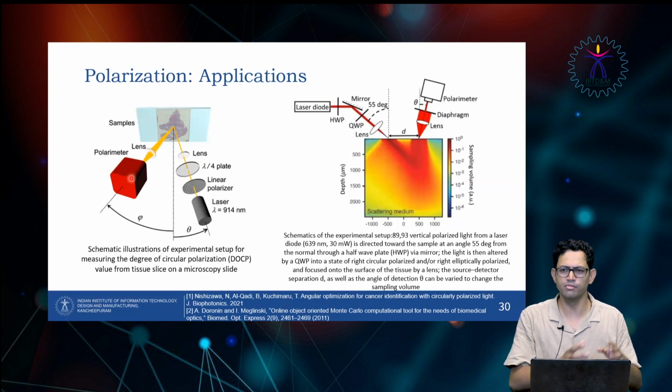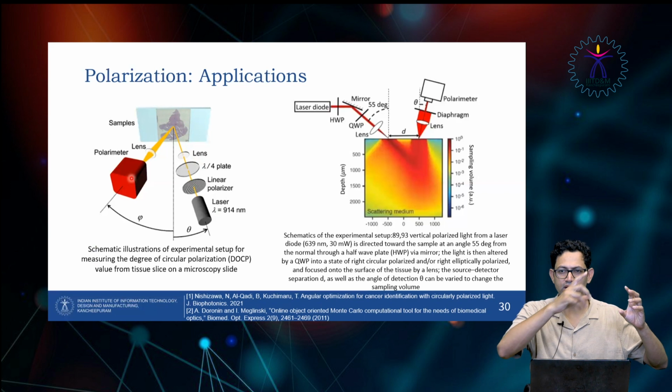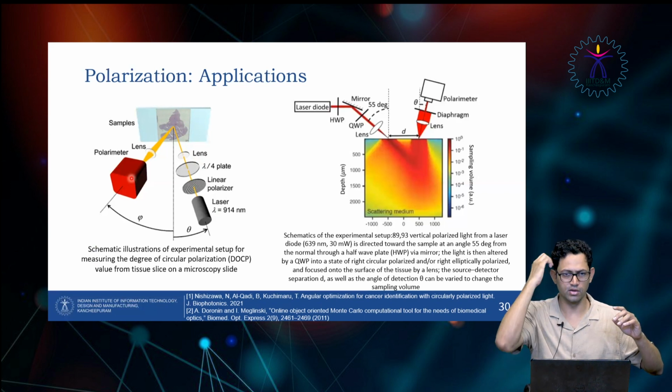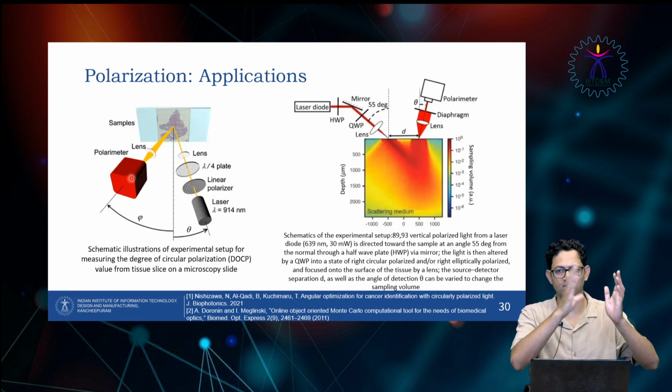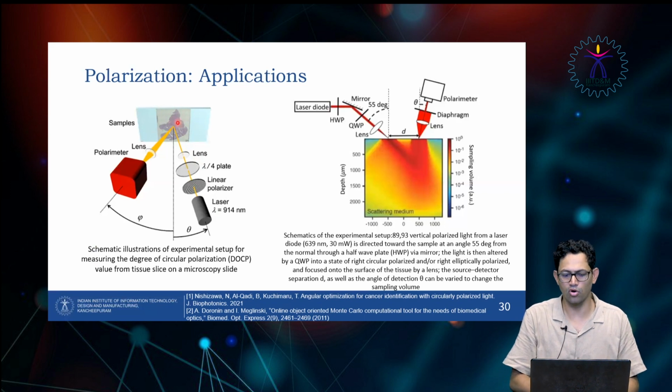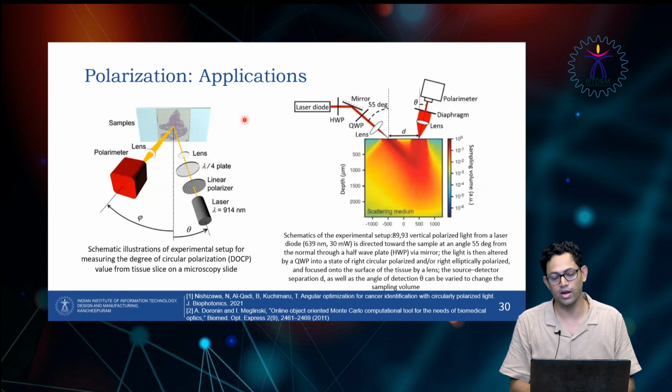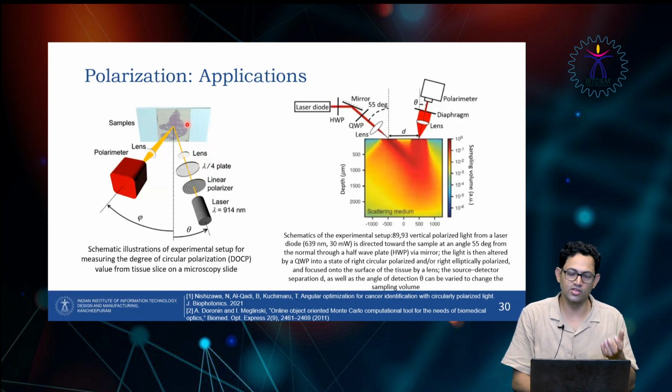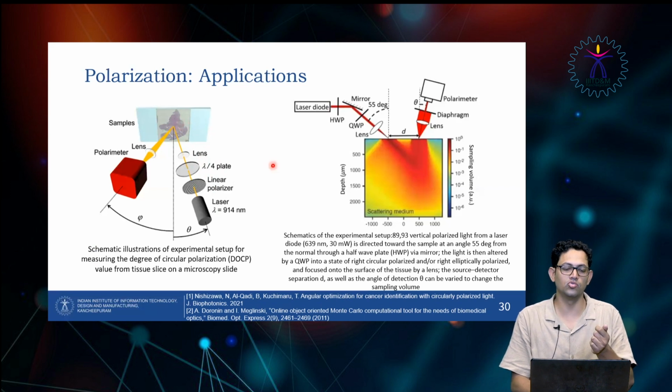polarimeter. It's the same thing that we discussed earlier. Just rotate the polarizer and try to see for all the different angles. What you get out of it is something known as degree of polarization. If you work with linear polarization, you get degree of linear polarization. If you work with circular polarization, like what you are doing over here, you get a degree of circular polarization. So you try to see for each instance at the tissue, how much the tissue is losing its